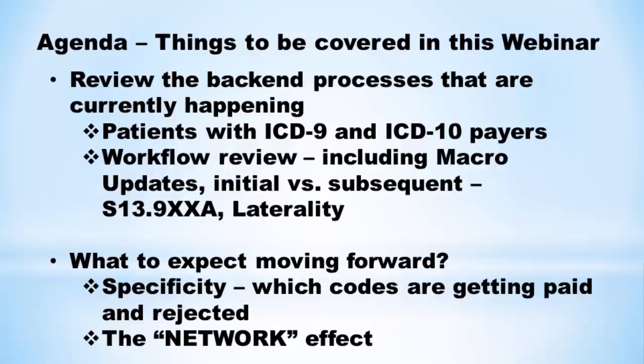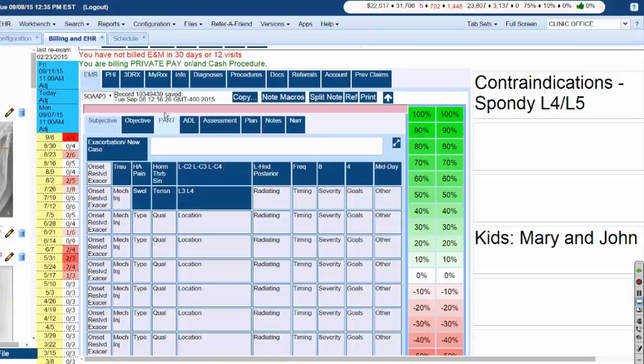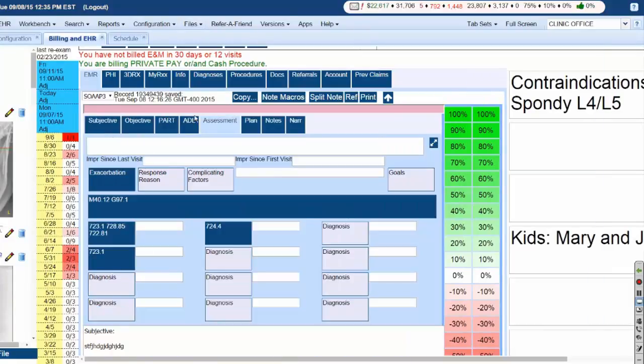The rejection notices at this point are vague. They're going to tell you that your code is not specific enough. So we are working on the back end with some experts to create more specific direction in the system for you. So as you get into the interface and you're actually selecting ICD-10 codes, we'll go to our favorites as everyone,